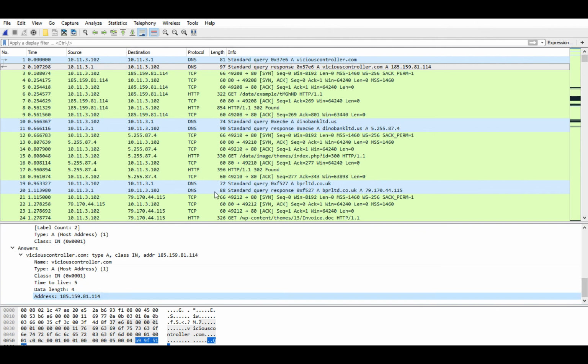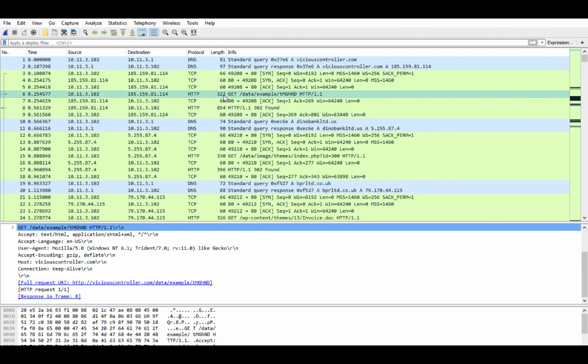This is the IP, and we can see that he's directly connected to this IP and starts to establish a TCP connection, and after the connection was established, he starts to send HTTP requests. We'll look at HTTP requests, but before this, let's start to analyze this protocol, and let's start to use some